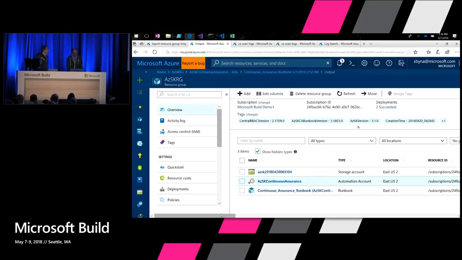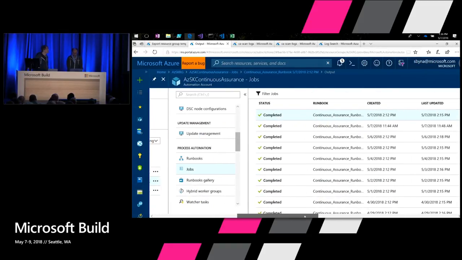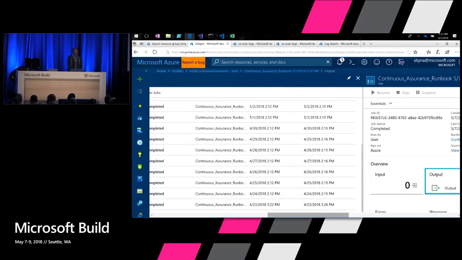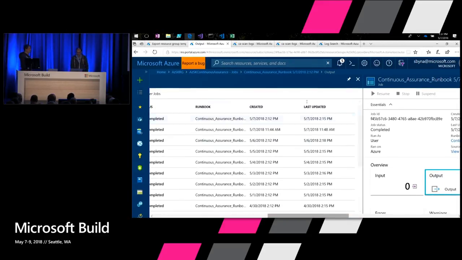If I take a look at that automation account, as you can see, it is running on a daily basis. As a user, he doesn't need to do anything. He just needs to run the one simple command, which can be run by the subscription owner. The automation account at runtime uses reader permissions. It doesn't go anything beyond reader. It scans everything using reader permissions on your subscription on a daily basis for you. Once that is done, you have the monitoring agent set up, and it's going to scan on a daily basis, as you can see. And I can go ahead and check the logs as well.